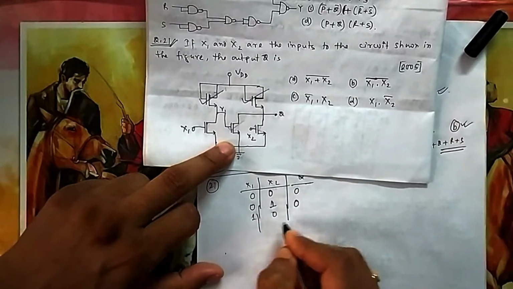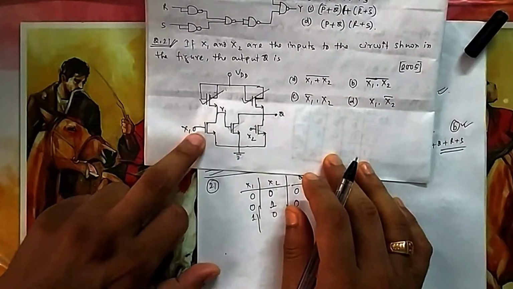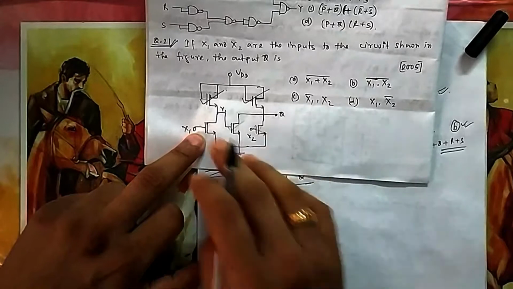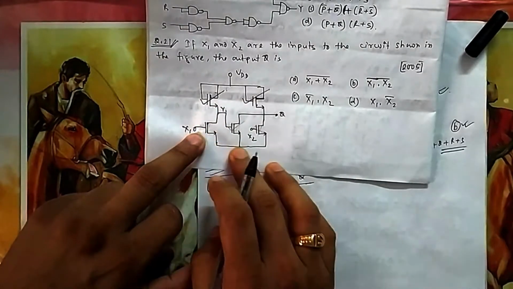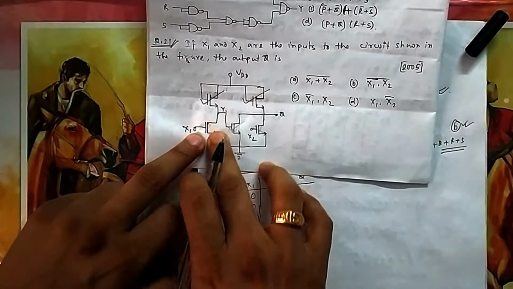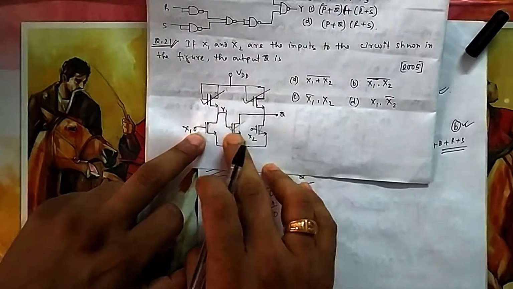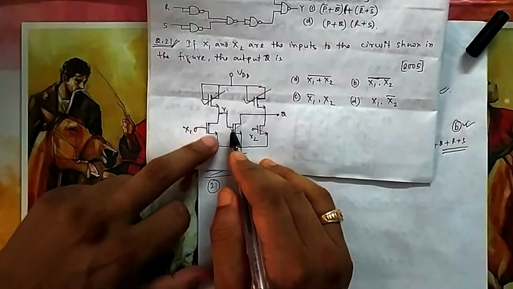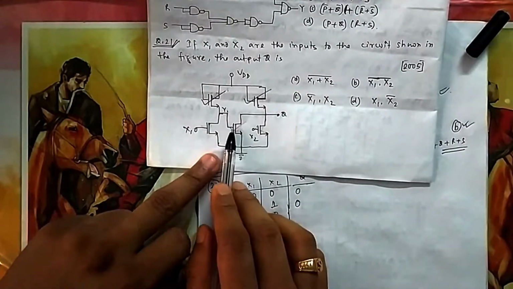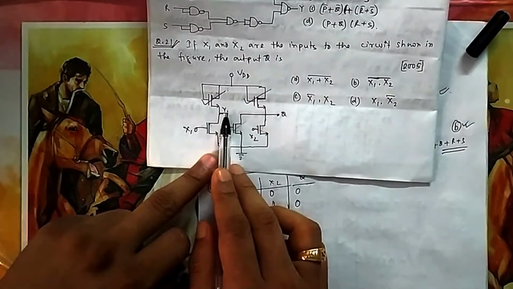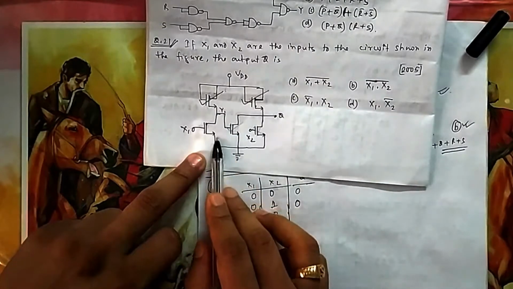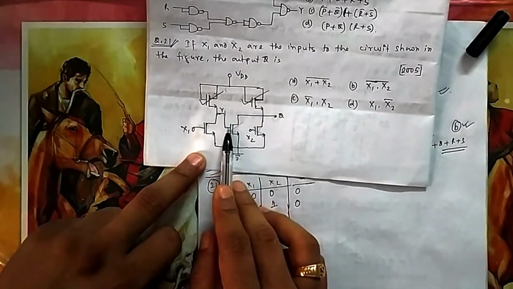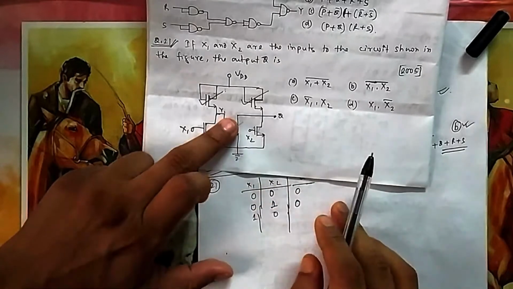So now if you give 1, 0, what will happen? Now if you give this one as a pulse. So this gets on. This gets on means this is a short path. So this Y is now connected to ground. You can think Y1 is connected to ground. Because this is connected to ground, no voltage will be applied here. Because this is short, so Y is directly connected to ground. So this potential is 0. So this is at 0. So this transistor will be off.